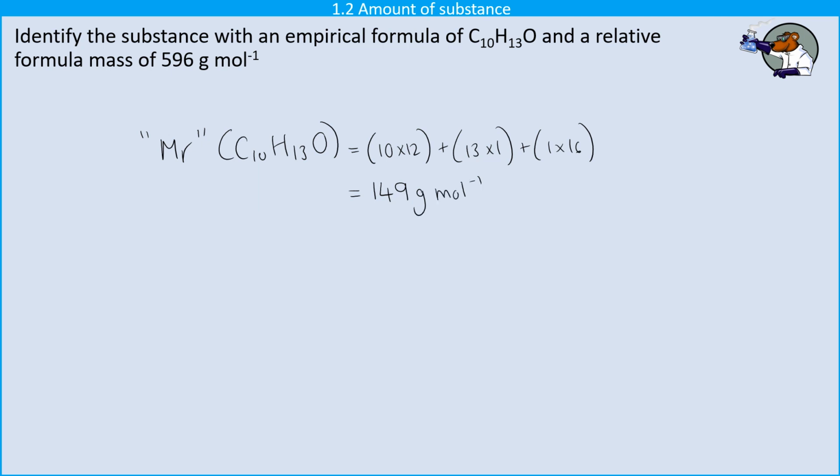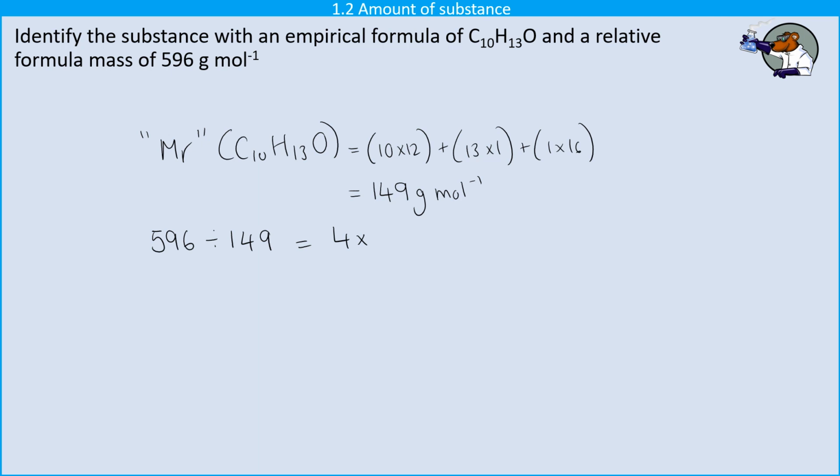Well, in my question, I'm told that the real relative formula mass is 596 grams per mole. So now I need to figure out what's the scaling factor here. How many times does 149 go into 596? And I can do that by division. And I'm expecting here to get an integer scale factor. So my actual relative formula mass is 4 times larger than the relative formula mass, in scare quotes, of the